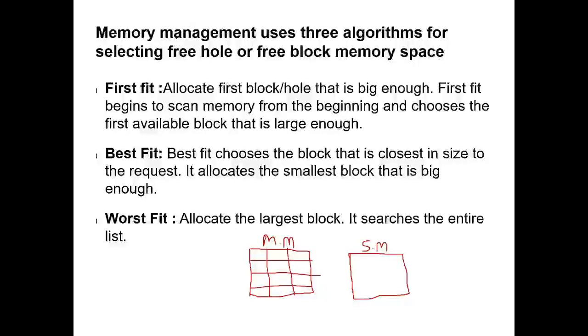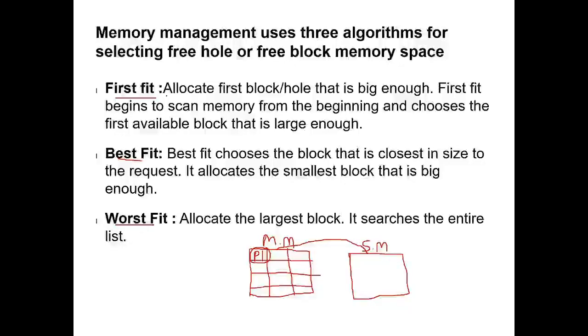In today's session we are going to study some algorithms which are used to select the partition to allocate for the processes. So whenever you are bringing the processes from secondary memory to main memory, in the main memory where those processes will be allocated and which block, which partition it uses, that will be decided by the first fit, best fit and worst fit algorithms. These algorithms are used to utilize the memory properly so that the process can execute.